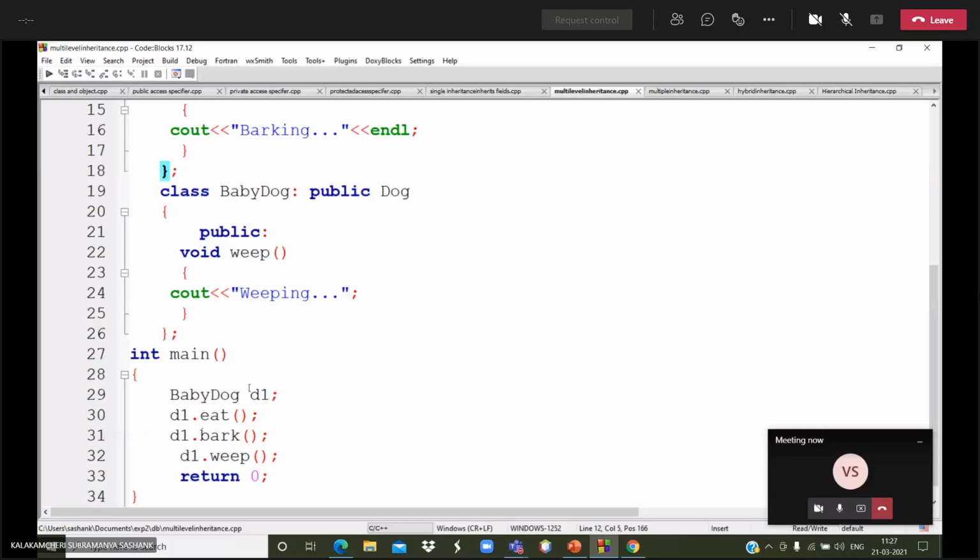Then I am returning the function. Then what will the output be? The output will be, first of all, the eating print data.